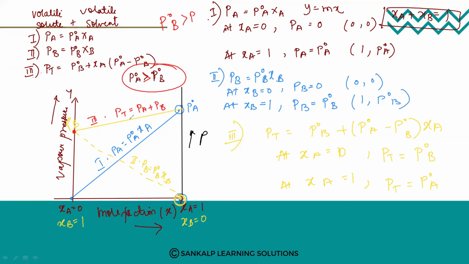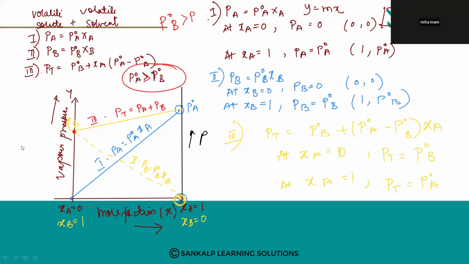So very important graph. You have to know how to plot the graph. So this is the important part of the law. Okay, that is Raoult's law. Is it clear up to here? Okay,